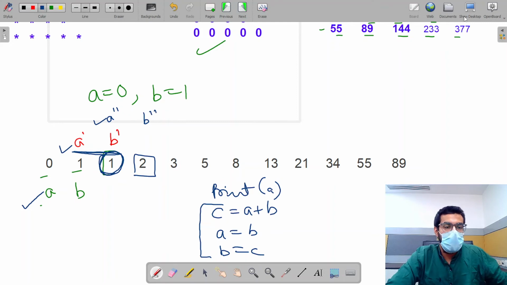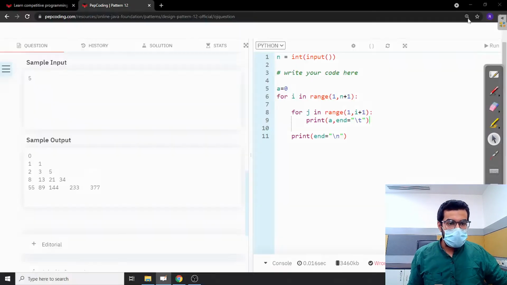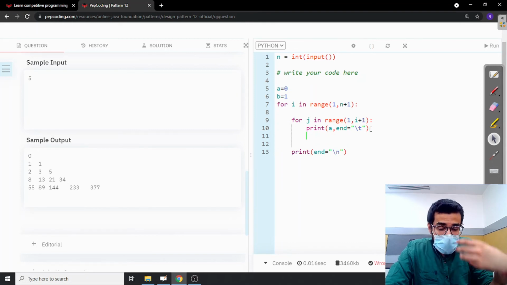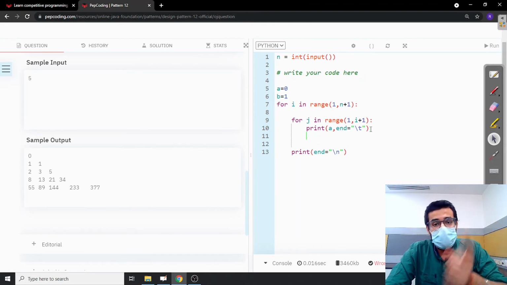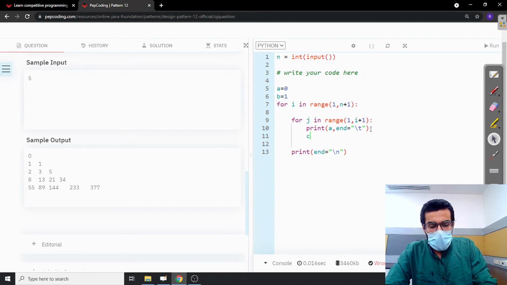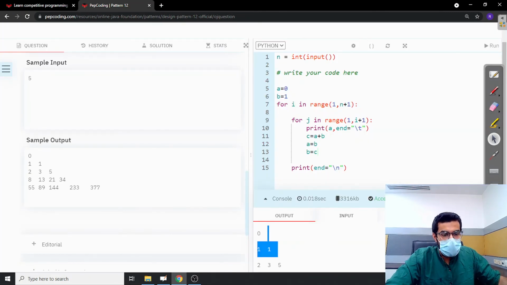So let's code it now. I hope that this much is very much clear to you because we have already covered this. Now I'm simply going to take the initial value of b as 1. If you did not understand it right now as well, then I highly suggest you to watch first how to print the Fibonacci numbers. However, I will be doing a quick revision again for this particular part of the program. The value of a is updated with b and b is given the value c. Let's run it and then I will give you another view of it, and let's submit it.